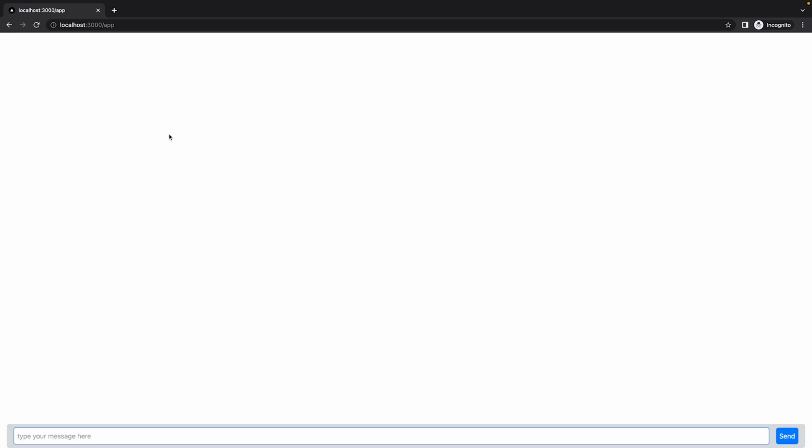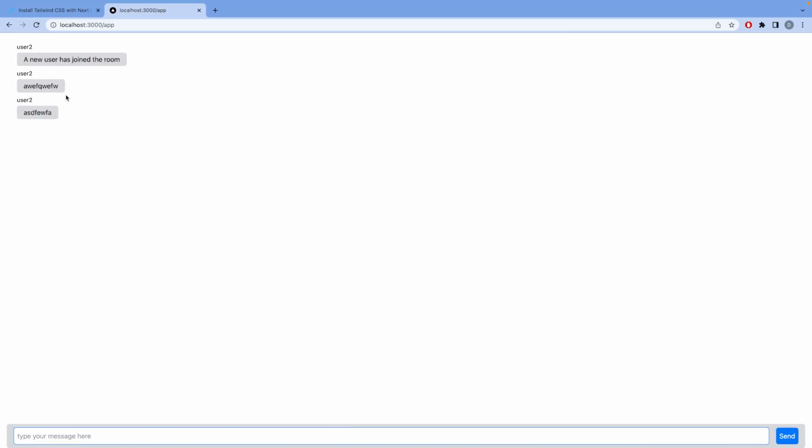And I have a separate incognito page where I'll be logging in with a different user and join the same room that we created, and that will lead us to the /app page. Here we have, where we can then send random messages through this WebSocket connection, which the other user can then receive with a message saying that a user has joined the room,